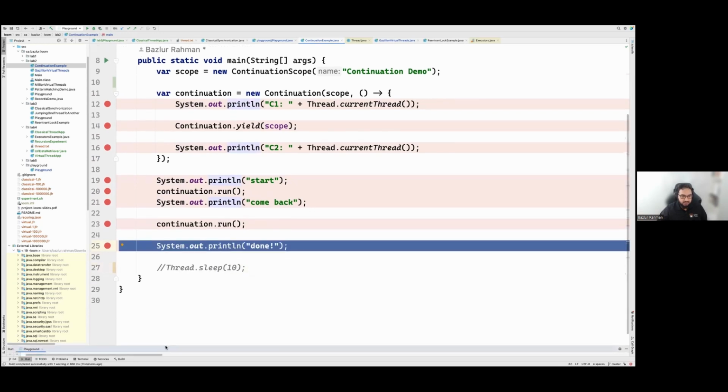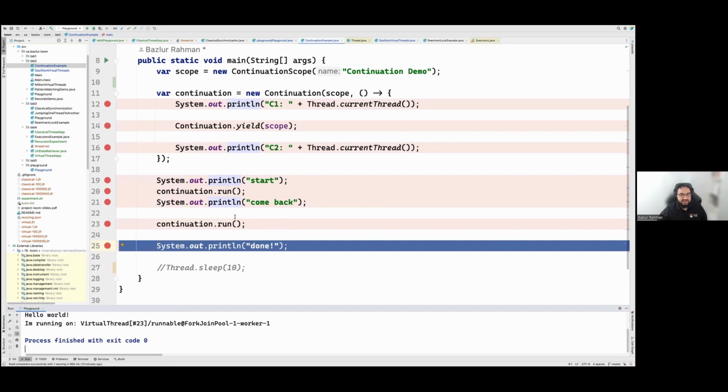So the question for all of you who are here: let's do a mind debug. If I run this program, what would be the output? Can anyone guess?